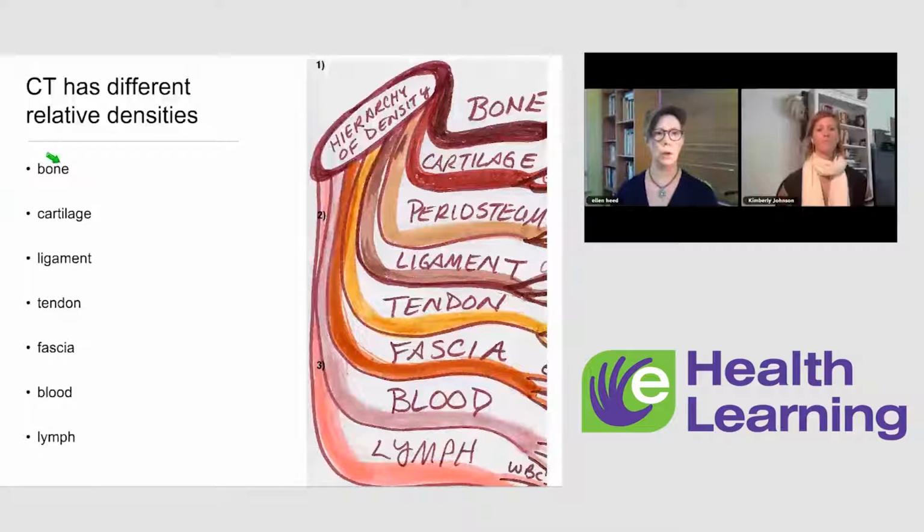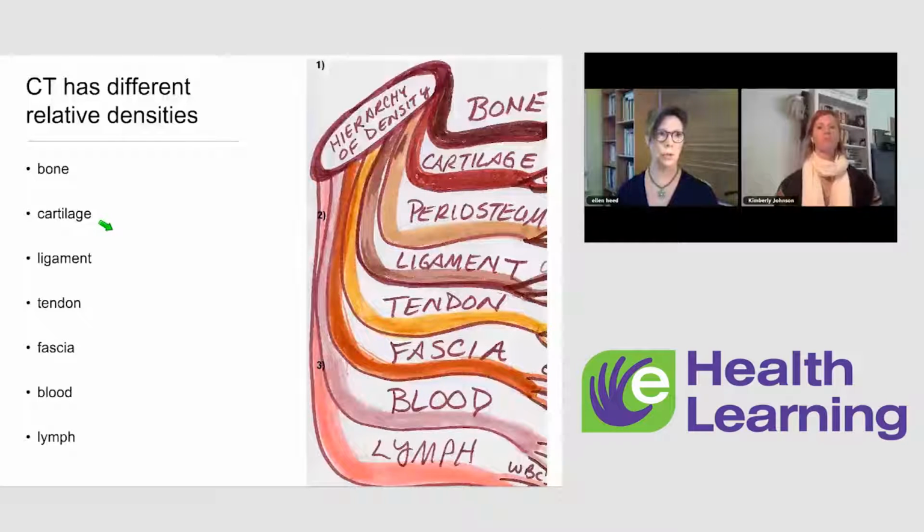What's left out of here is the periosteum. For anyone who doesn't know, the periosteum is a kind of a skin around the bone. The point of this particular concept is that each of these tissues has a different density. Bone is obviously the most dense